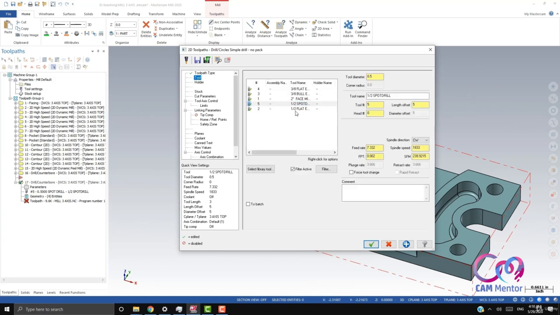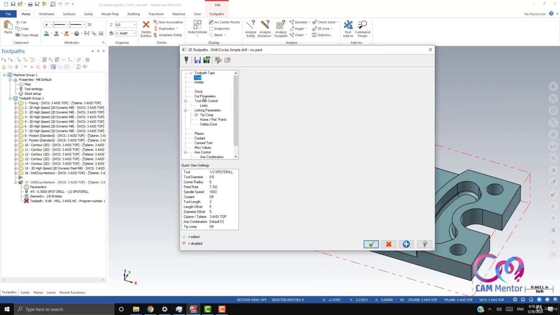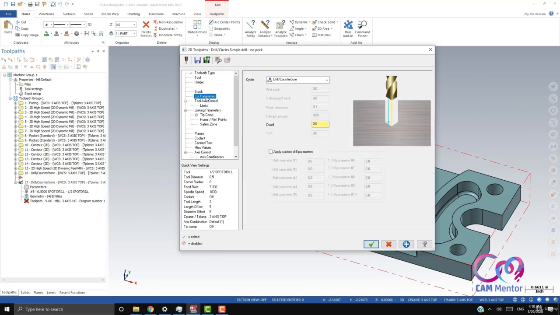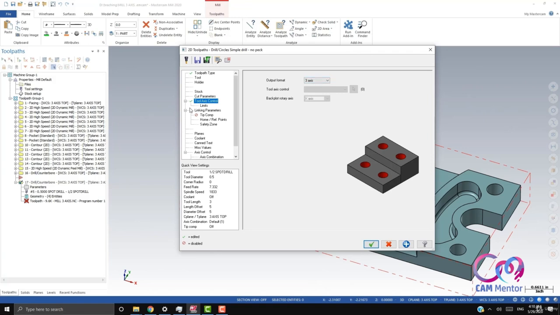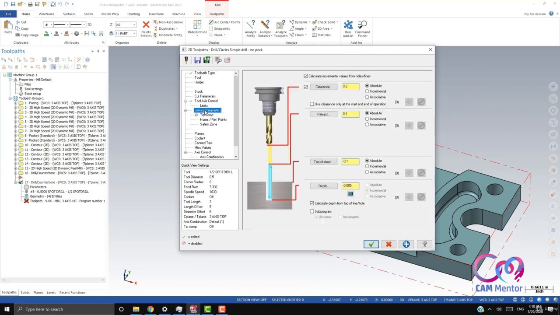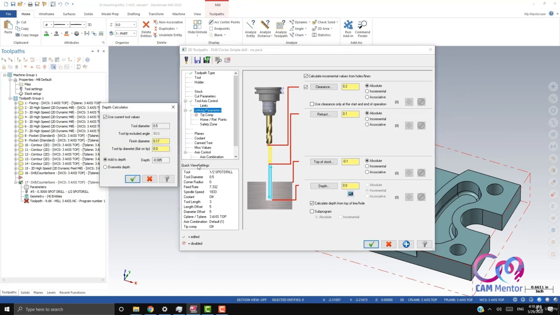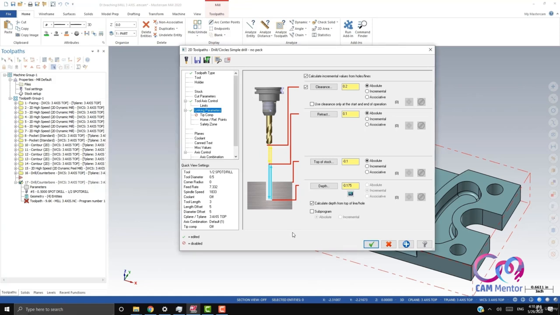For the tool, we're gonna go with same spot drill. So cut parameters, we're going with drilling, normal drilling. Make sure you have 3 axes. Linking parameter, so now we have to make this 0, and we have to click over here. We have 386 is the maximum, we want to go up to 380. So add to depth, OK, click